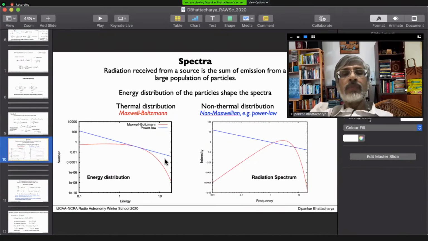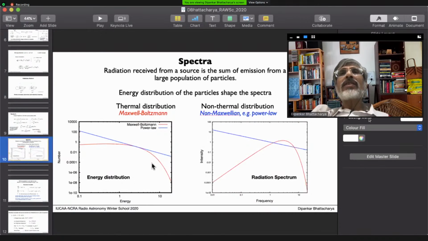So you have a smaller number of particles at larger kinetic energy, larger number of particles at smaller kinetic energy. And this is described in a fashion where the number of particles as a function of energy can be written as n proportional to E to the power of minus p. So that p is the power law index, and so then in this log-log diagram it will have a straight line. So yes, this shows that distribution that you are referring to.